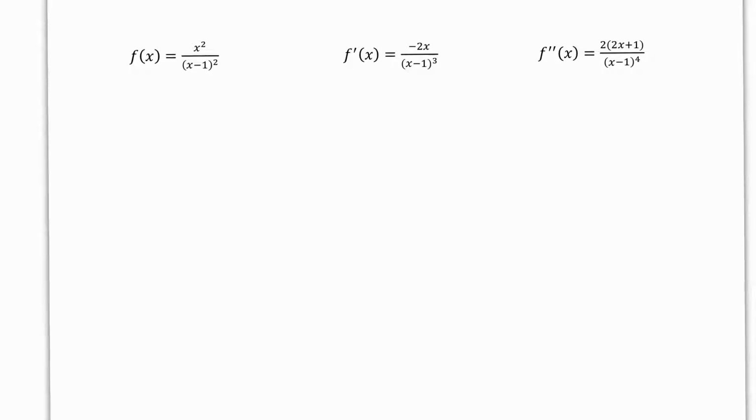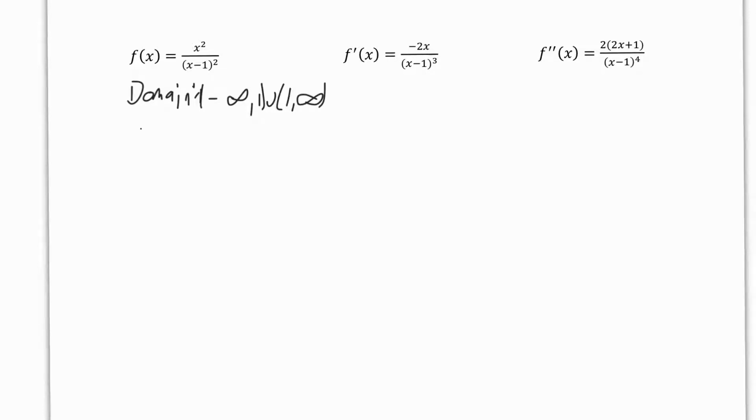Let's start with the domain. So the domain of f(x) will be minus infinity to 1 union 1 to infinity. Again, for the domain, we're always looking at that denominator and seeing if we have any non-permissible values. Well, we could find the x-intercept and y-intercept, and in this case, again, they look like they're at